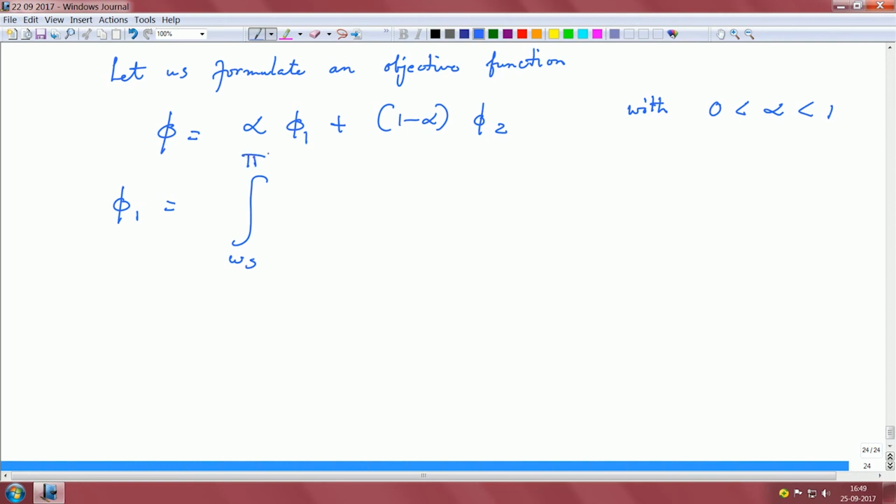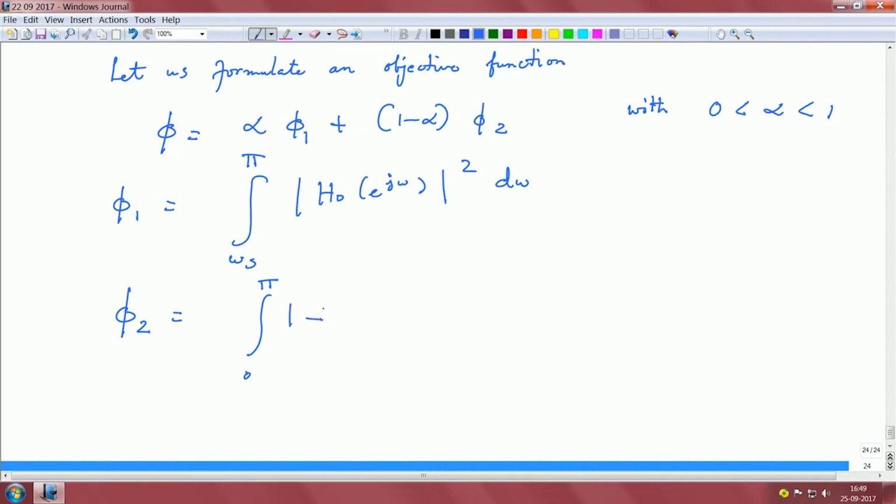Phi 1 basically goes from your stop band to your Nyquist, integrating this function, that is this is the magnitude square distortion and you are integrating it across all the frequencies. So you are basically getting the energy, right, you are getting the energy in the tail from the stop band to pi, and then suppose you choose phi 2 as summing up the energy